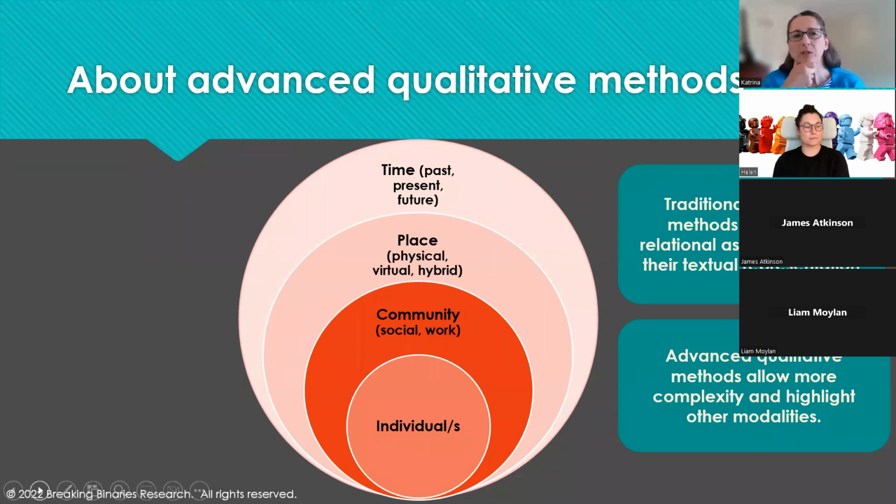But really what we're also doing here is challenging the fact that a lot of what we've done in qualitative research has given primacy to the text, to words, as our way of accessing meaning. And what we're going to do in the session today is really to unpack that a little more. So what we are suggesting is that the sorts of advanced qualitative methods that we're going to talk about today, and that will be a taster on visual methods, for those who were arriving more recently, and a taster on material methods, is to say that these advanced qualitative methods allow for more